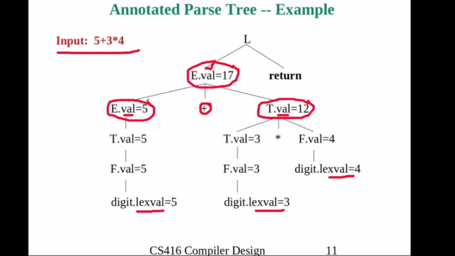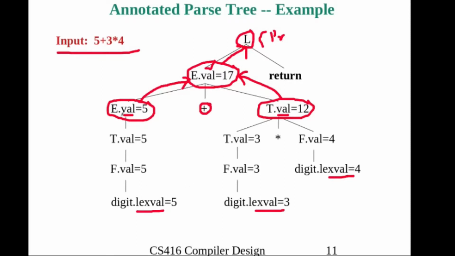So the dependency graph you can construct very easily. If there is a dependency from children to parent, then the arrow is like this. Here also one dependency is there. Okay. Finally, here we have a statement like a print statement. We need to print that E dot val. That means there is a dependency. E dot val is 17, so that we need to print. So this is the node L, and we will print E dot val.